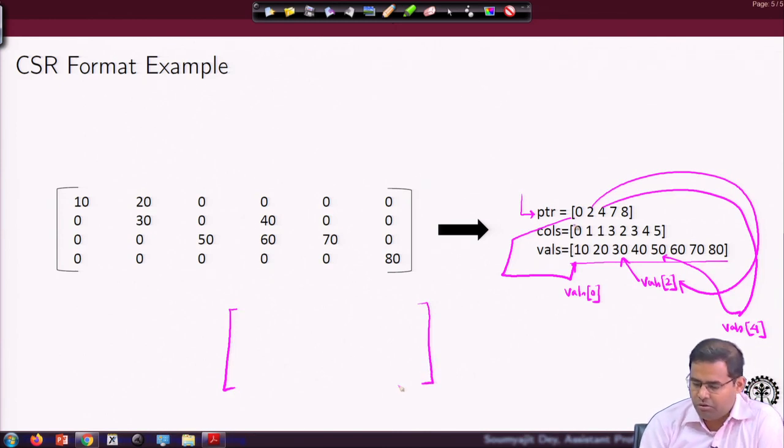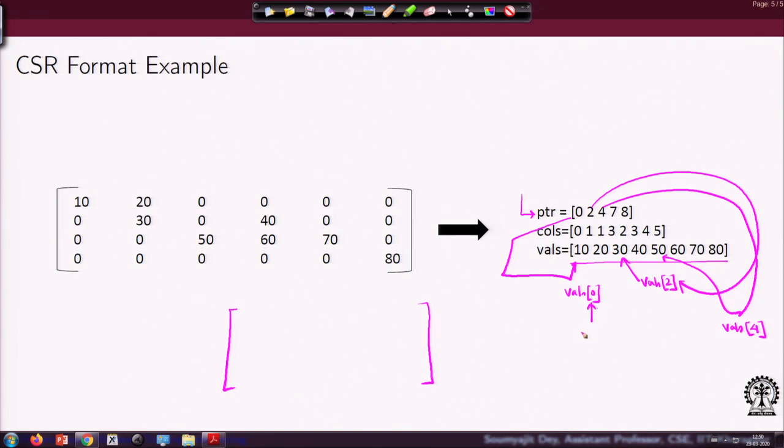So, for the 0th row, for PTR's 0th position I have 0. So, let us see what this 0 is. This is the content in PTR's 0th position, this is the content in PTR's first position, and this is the content in PTR's second position.